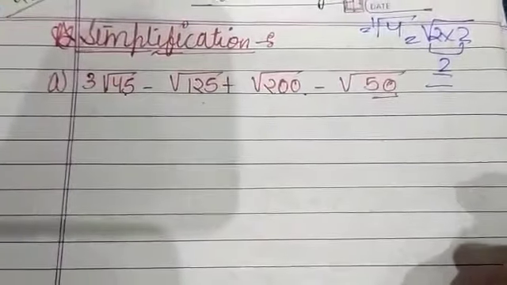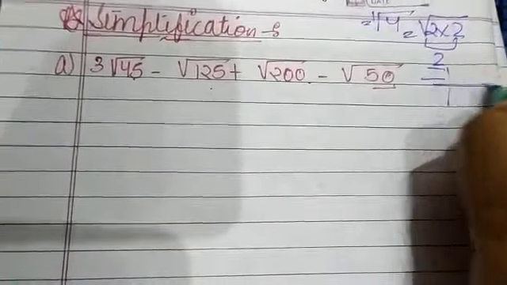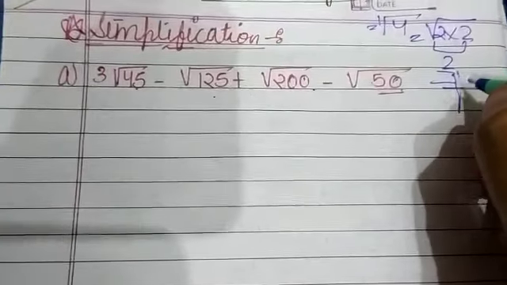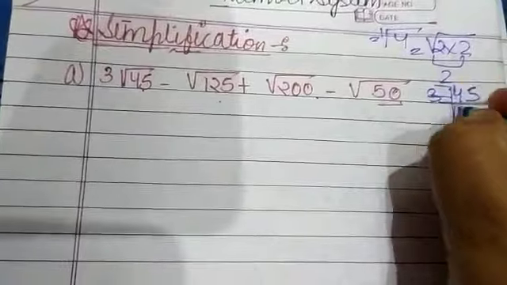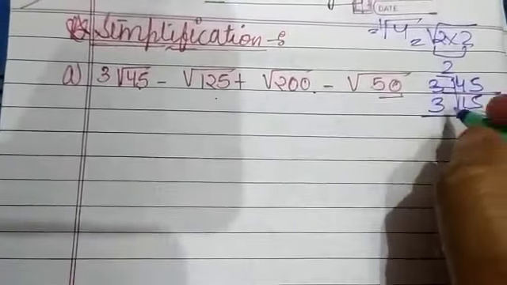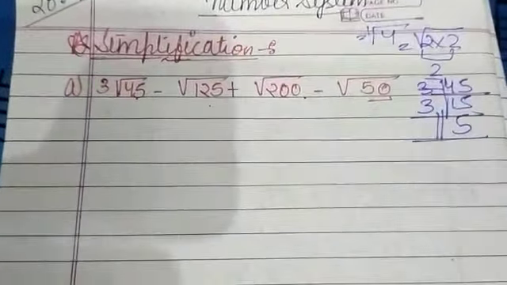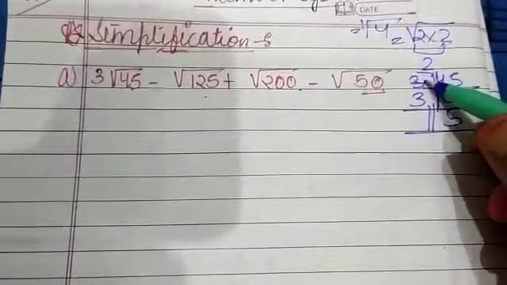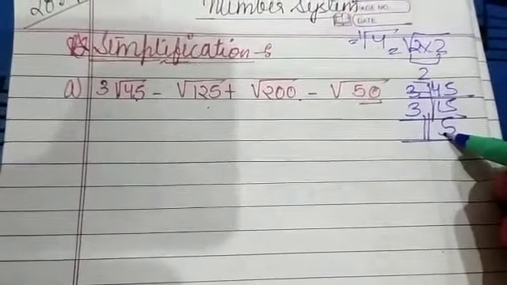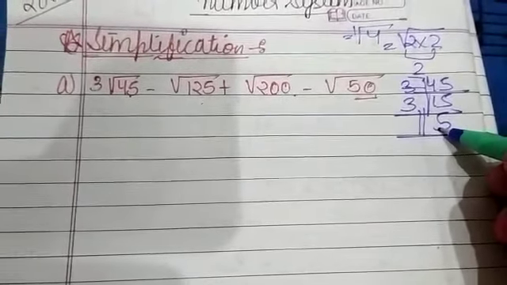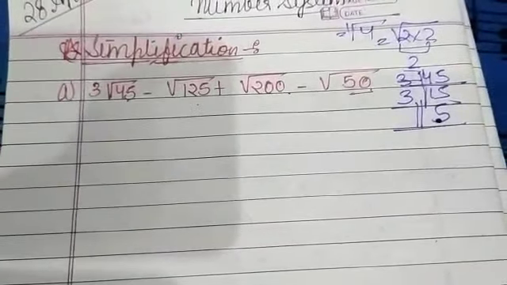So for 45 you have to find out the prime factors. Let me remind you about the prime factors, although you all might know it. So 45 is given here. How to find the prime factors for this? 3 ones are 3, 3 fives are 15. So these are the prime factors. So prime factors of 45 will be 3 into 3 into 5. What are prime numbers? Let me remind you. Prime numbers are those numbers which have only two factors, one the number itself and the other one is 1. So these are the prime numbers and these are the prime factors for that.